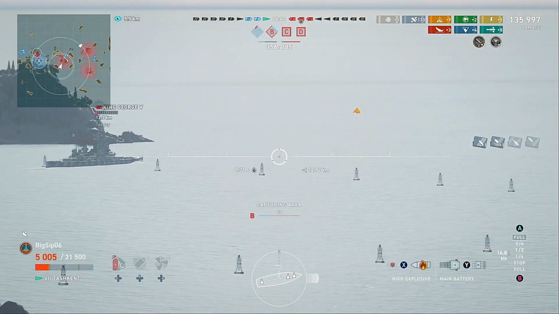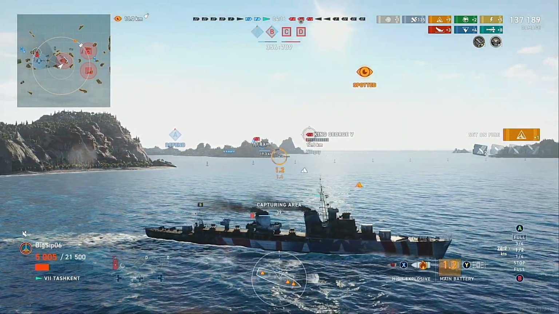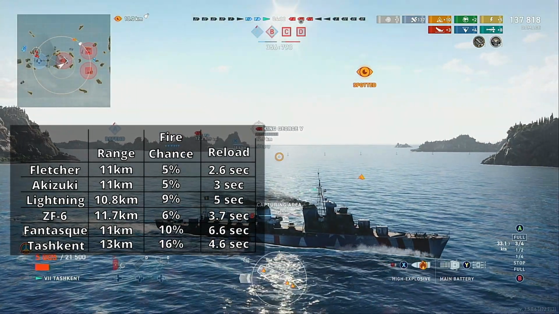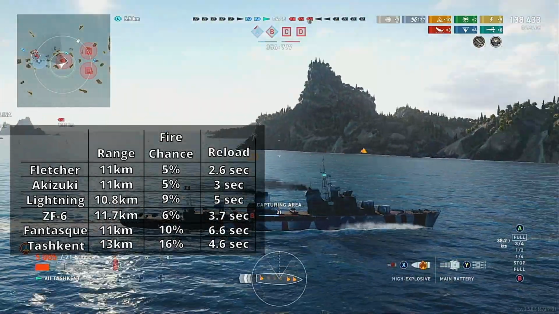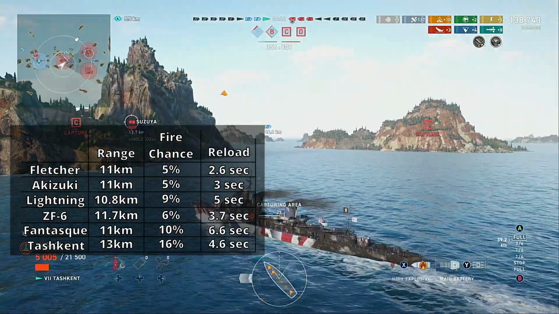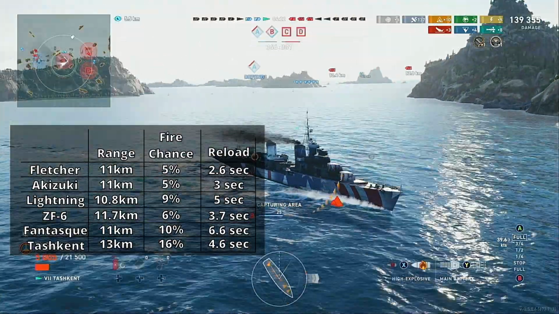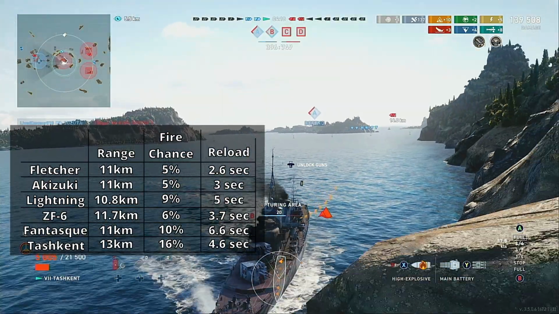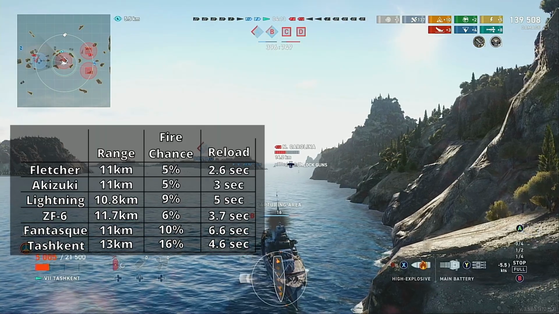Now, to get a full understanding of the effect that Troops has compared to other nations' gunboats, just look at this little chart here. Starting with the Fletcher: 11 kilometer range, 5% fire chance, 2.6 second reload. Akazuki, once again 11 kilometers, only 5% set fire chance, but a 3-second reload. The only one that gets a little bit closer on the range is the ZF6, which is 11.7 kilometers, 6%